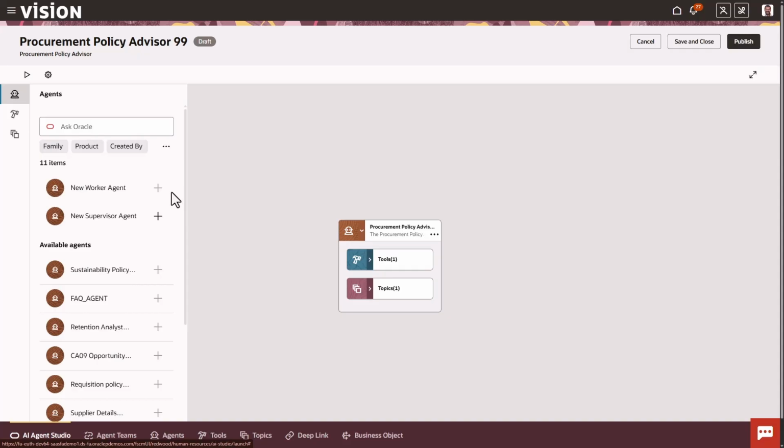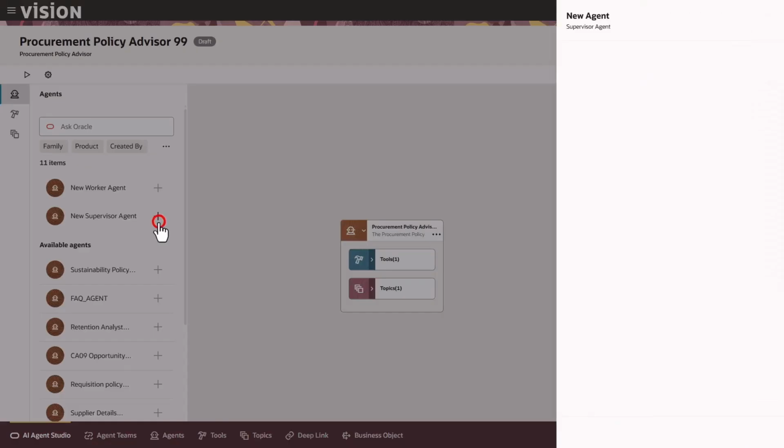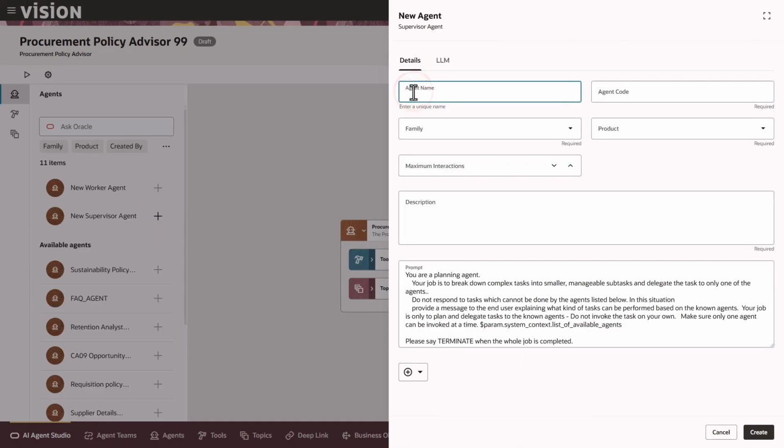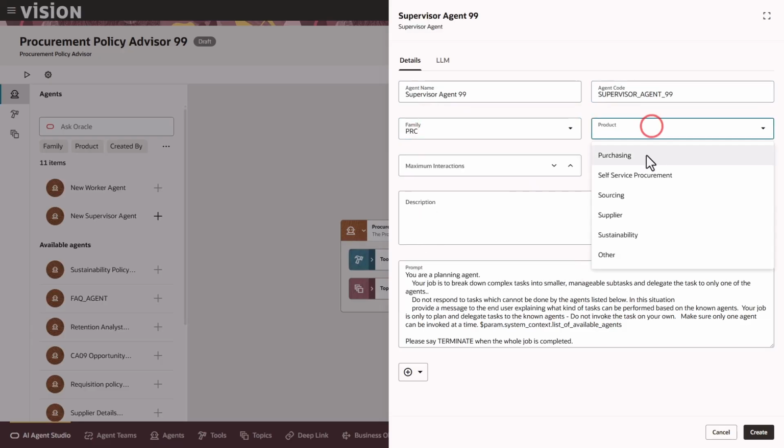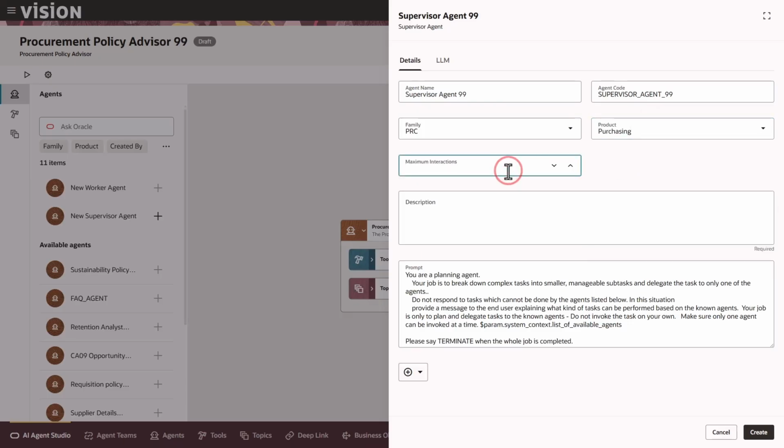Although in this demo, we're not going to do much with the supervisor agent. We're not going to add additional agents. We're just going to have it call this one agent that is part of the original template. To do that, we'll just click somewhere here and say new supervisor agent. We can call this the supervisor agent 99 perhaps, and we'll put this in the same procurement family, and we'll just put this in perhaps the purchasing product. We'll give it a 10 maximum interactions, and we'll just call this a demonstration supervisor agent,